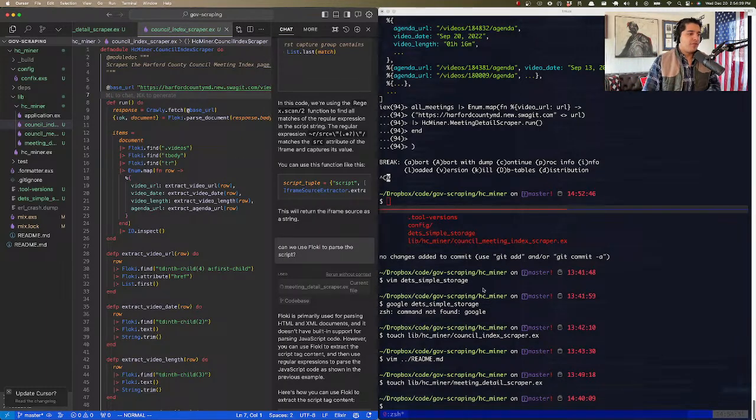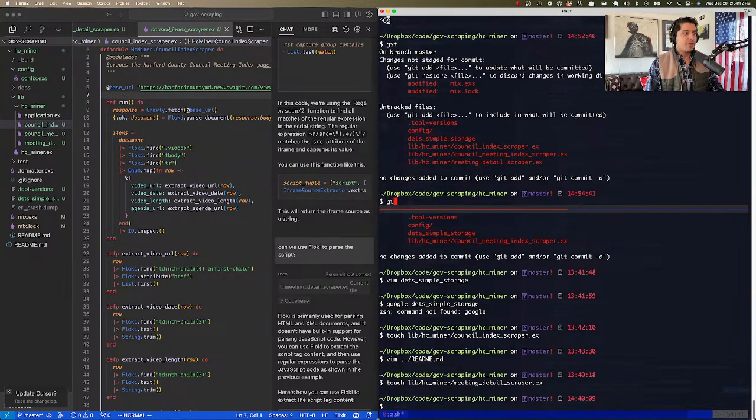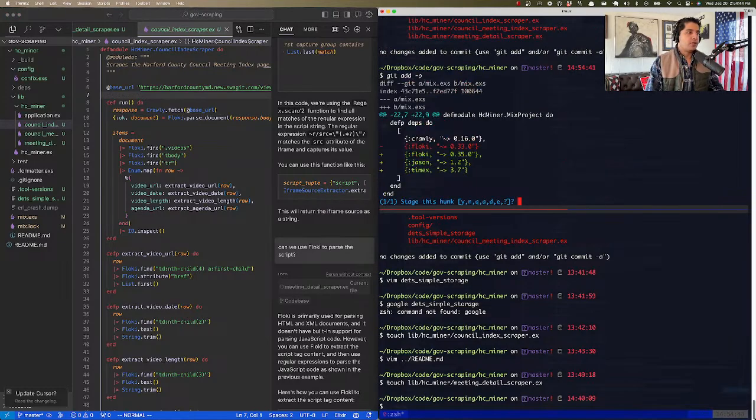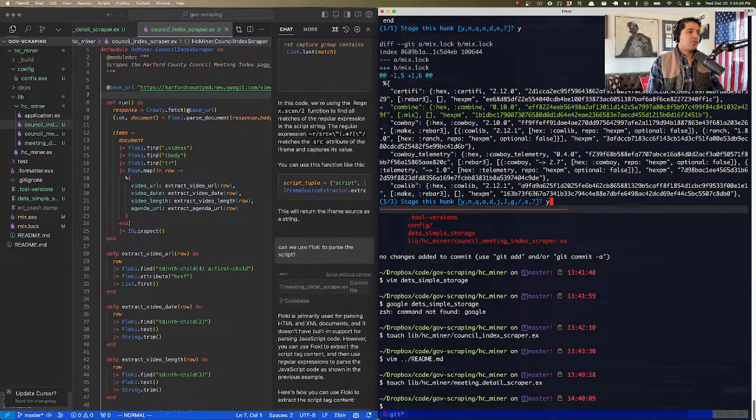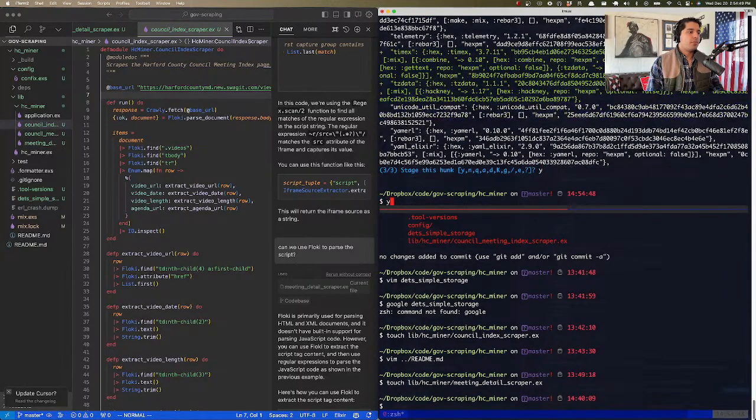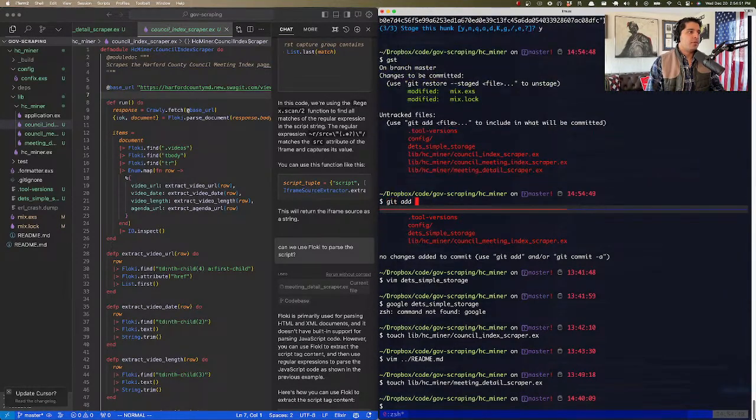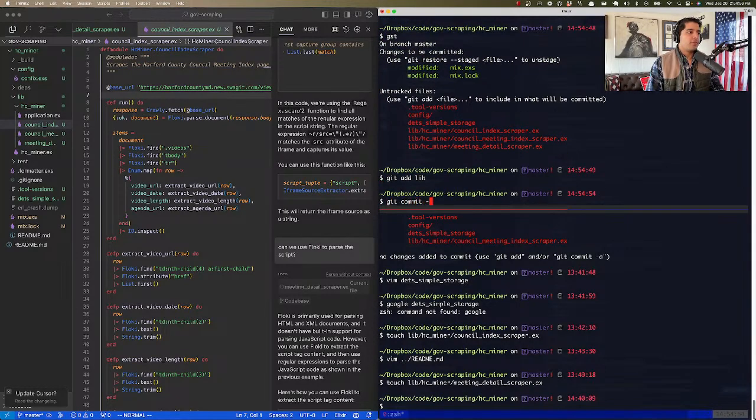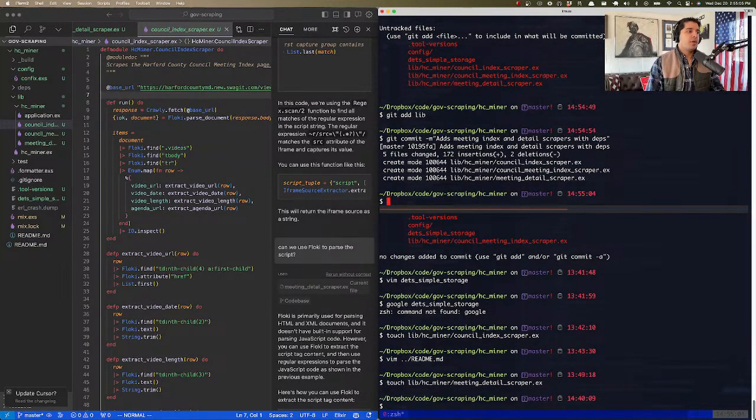This is great. Make sure you save your work. You guys want to see how to save work here? All right, so git add p. You want to add some dependencies. Yep. And git add lib. So git commit adds meeting index and detail scrapers with depths. Yep. Very cool stuff. Should I set up so hub create